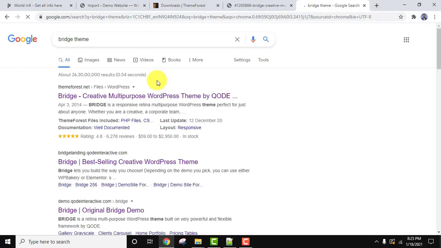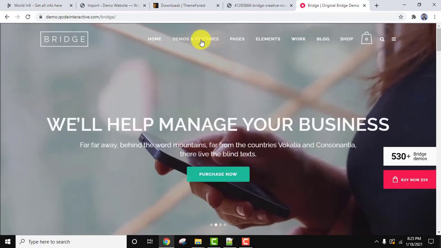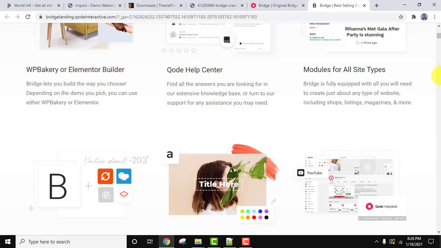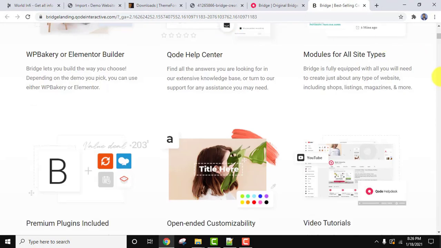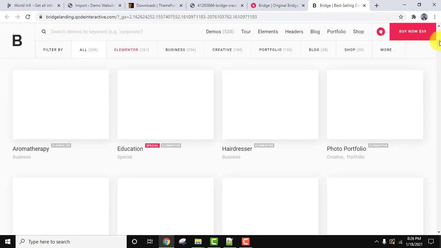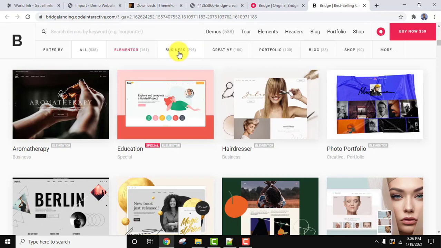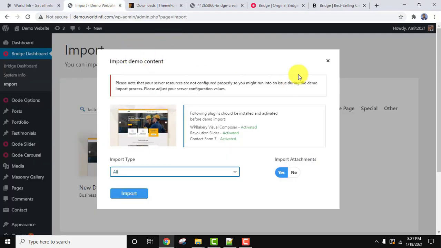We just type Bridge theme. Here demo is visible. So here all the options will be visible for demo. So the same filters will be visible. I'll show you how. Click on demos and features. Herein guys, go to below. Now the filter will be visible above. Here it is. This is how we searched it. The following filter was visible here. You can see here.